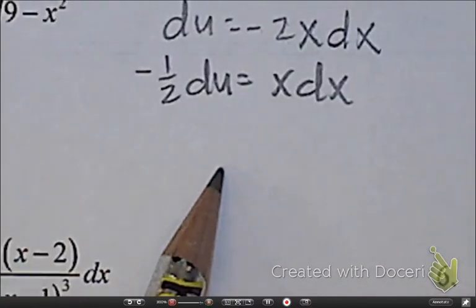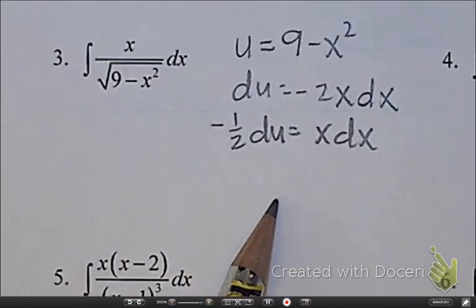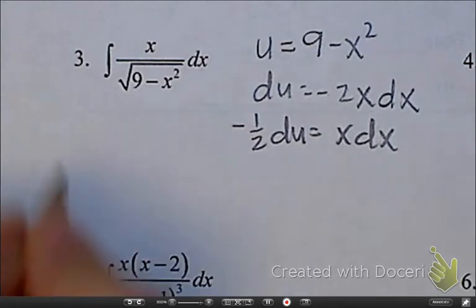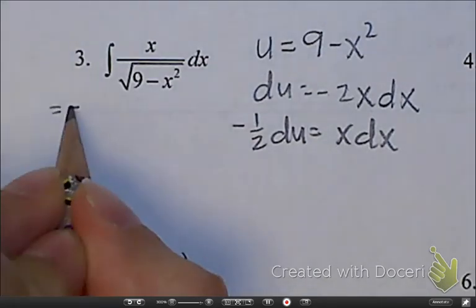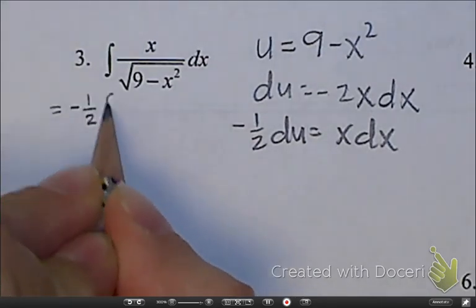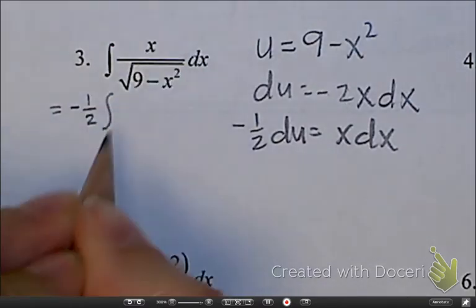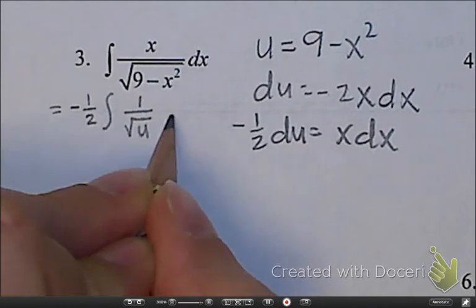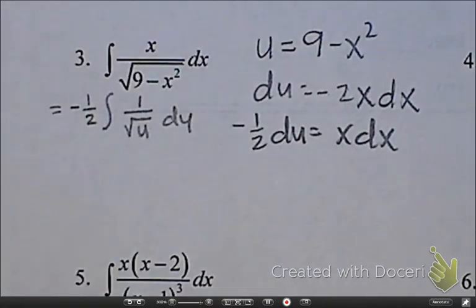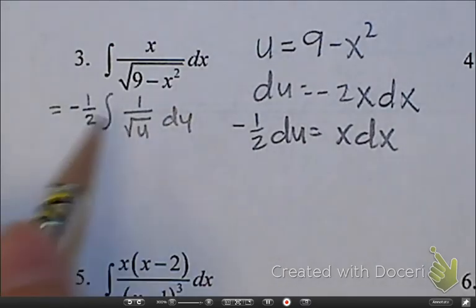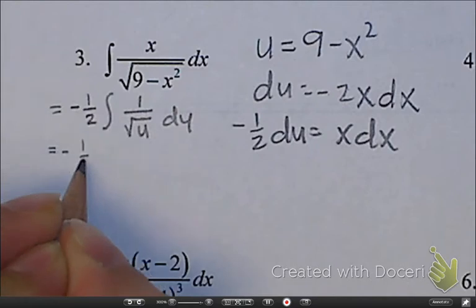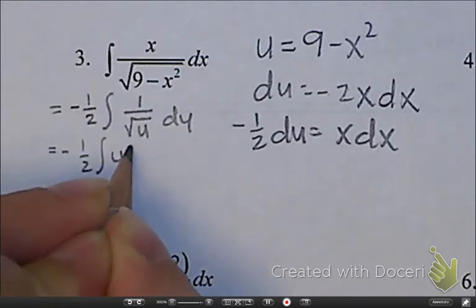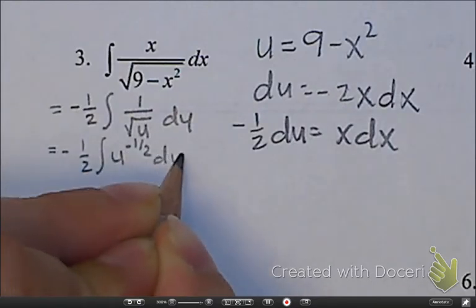So when I use that and plug that into my u substitution, if I can zoom into this a little bit, oh, that's way too far. There we go. I can pull out the negative 1/2 out front, so I have negative 1/2 times the integral. The x dx is my du, so I'll have 1 over the square root of u du. And this is actually not the logarithmic integral, it's just one that we already know already. So this is actually negative 1/2 times the integral of u to the negative 1/2 du,